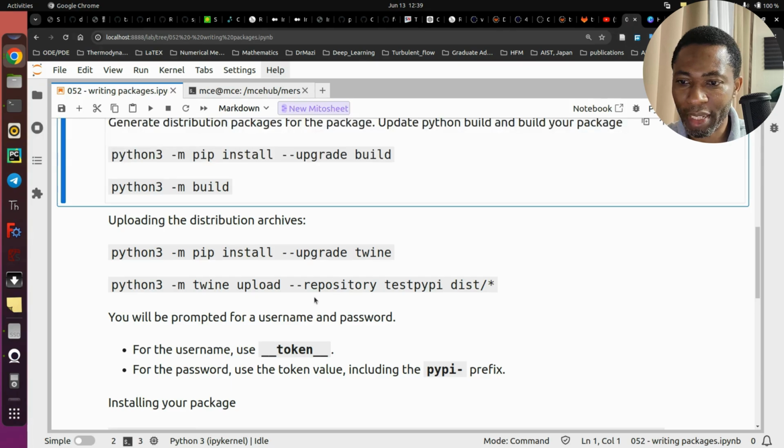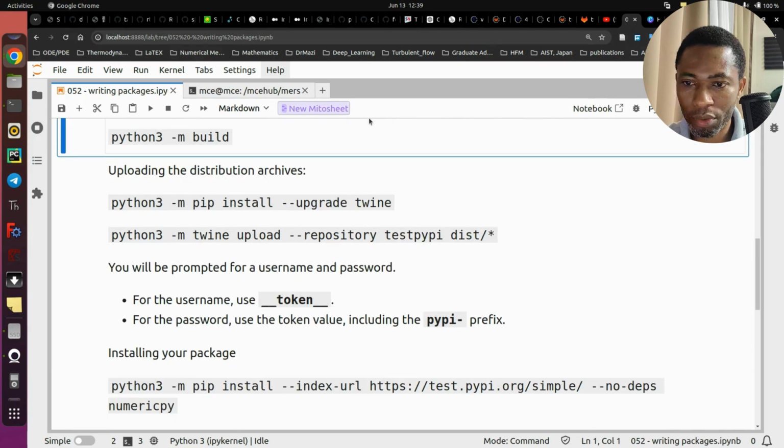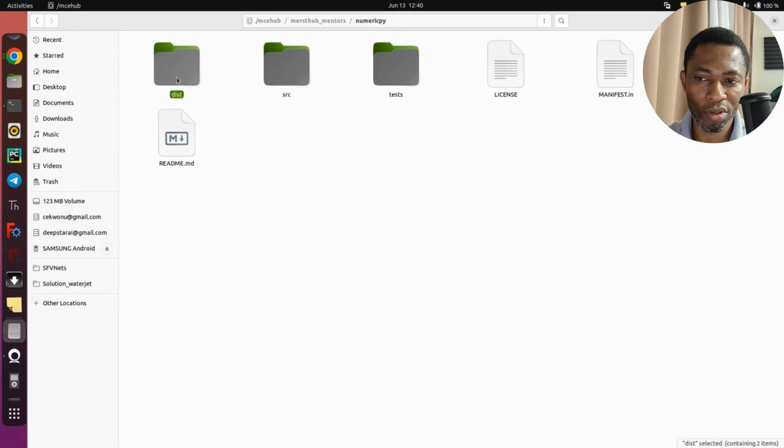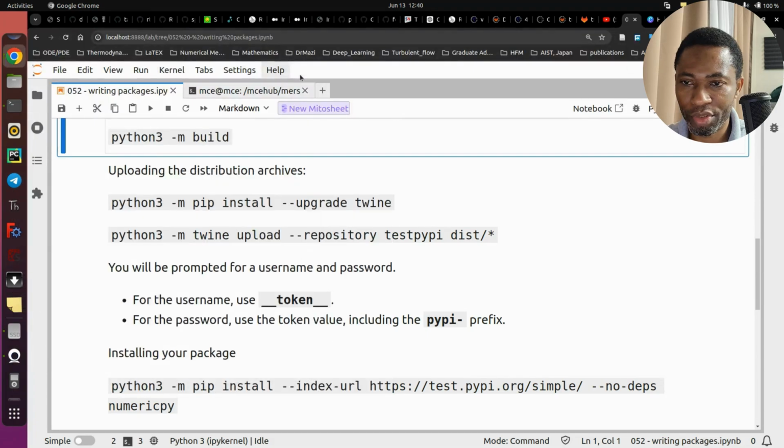I would come back here, to where I have my package already open in the terminal. So I'll pass the command python -m twine upload --repository testpypi dist/*. What it means is that upload all the content of what you have in this distribution folder. That's what it means. So we go back there and simply do